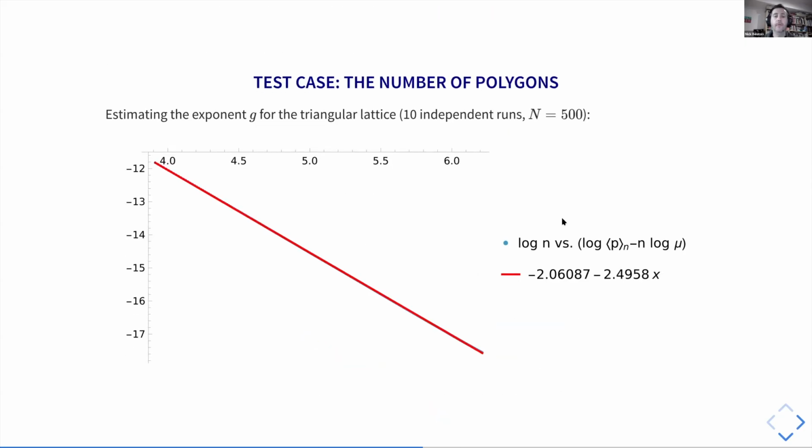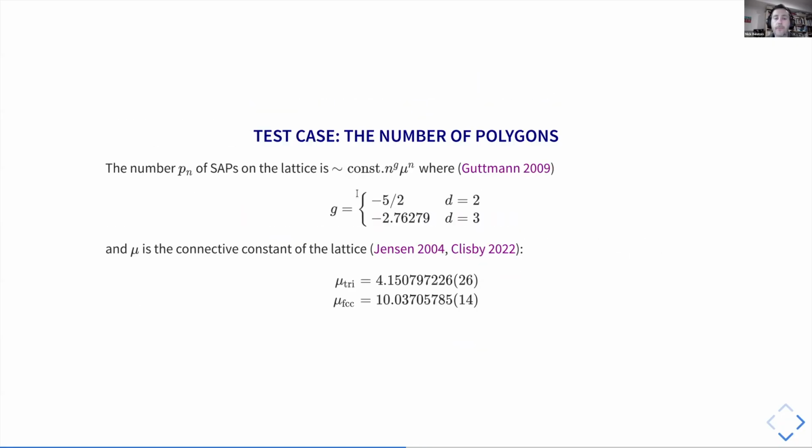And so we can use this BFACF algorithm with Wang-Landau to estimate the number of polygons. And what we're really looking for is this exponent. So I'm not interested in the connective constant. We know what that is to a very high precision. I'm really interested in comparing my numerics to what we expect and seeing if we get